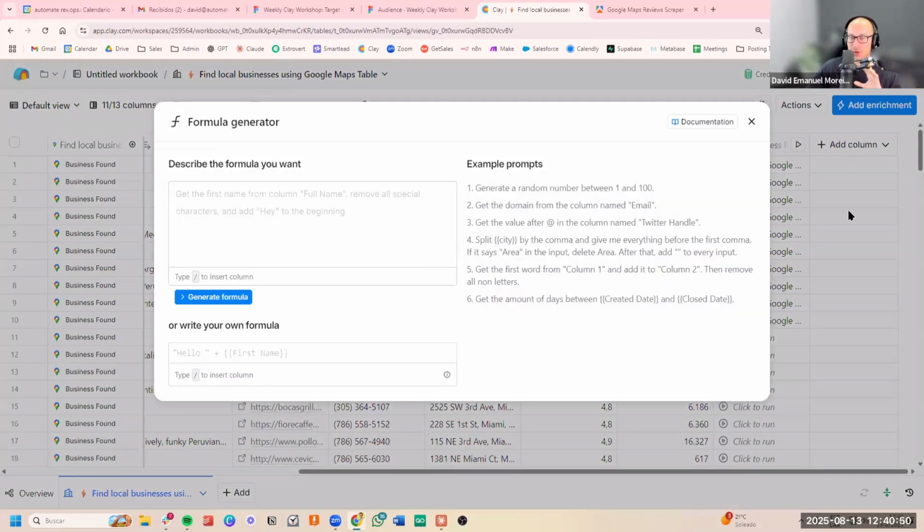If you create a formula column, you will have a new box here where you can describe in your own words what you want to do. After clicking on the generate formula button here, it will create a JavaScript function for you to process the data that you already have in the table and output the data in the format that you need. So in this case, I want